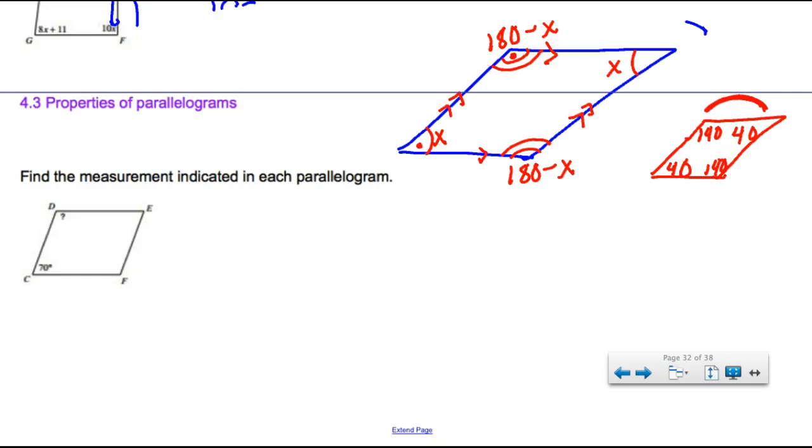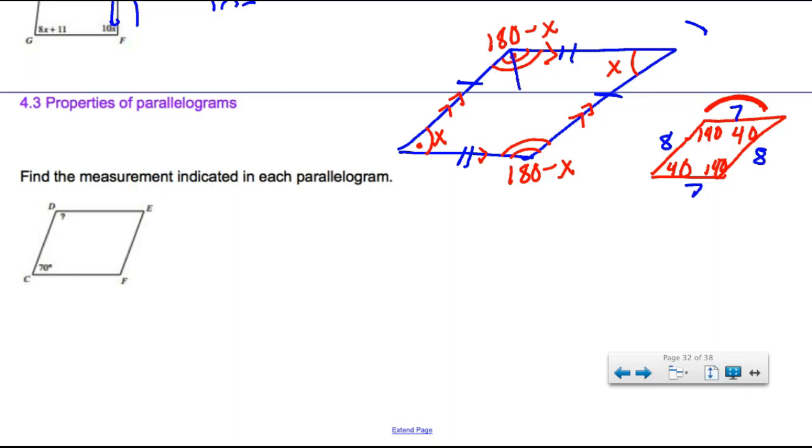Also for a parallelogram, opposite sides are congruent. I'm going to indicate that with single dashes. What that means is if this is 8, this is 8. Likewise, these are congruent but not necessarily the same as the other two. So this could be 7, but then this is 7. It's easier to see it with the numbers. So in a parallelogram, opposite angles are congruent, consecutive angles add up to 180, opposite sides are congruent, and last